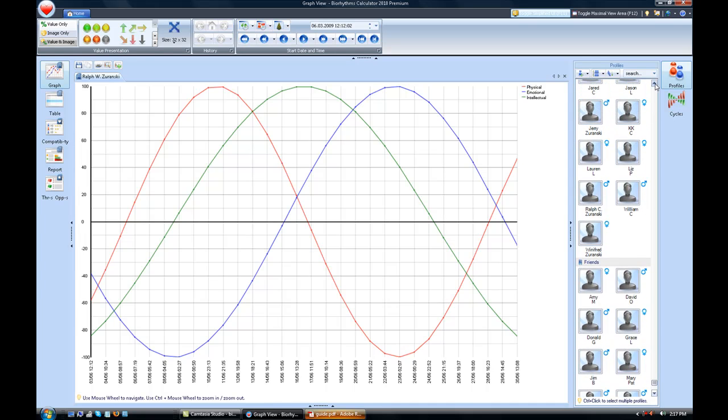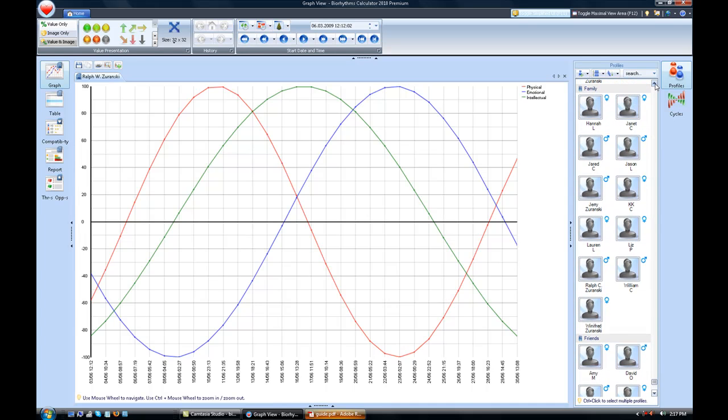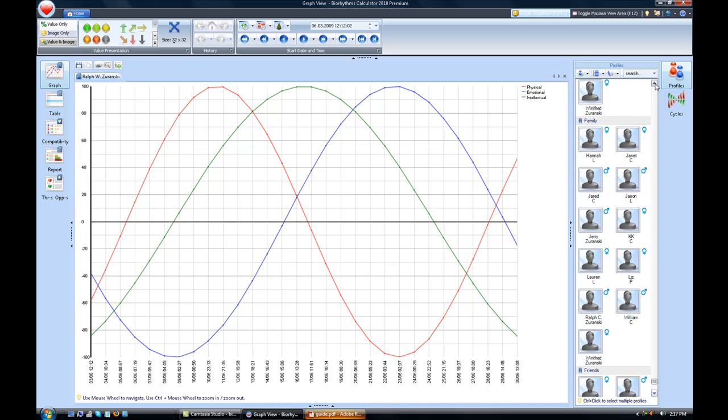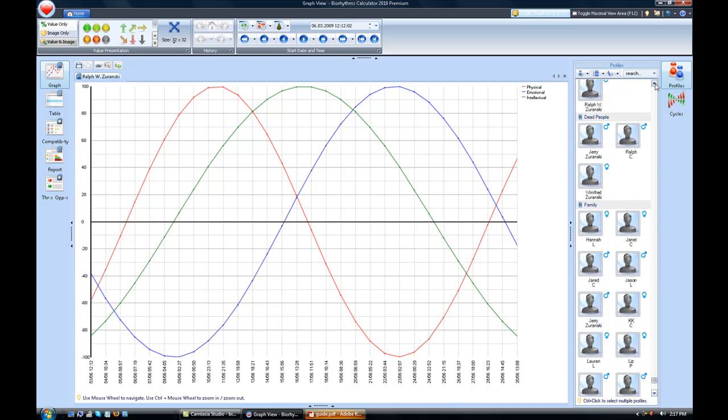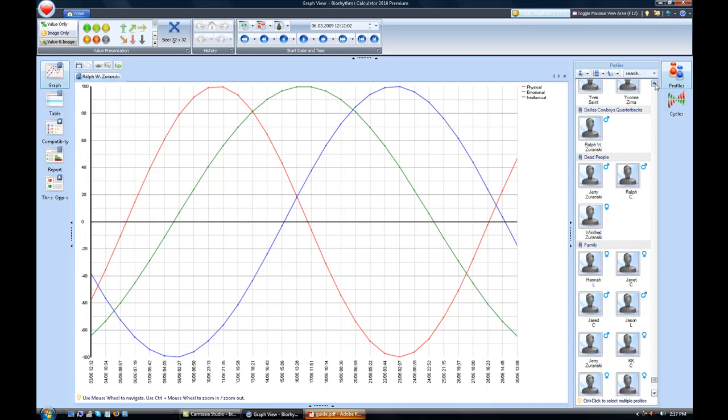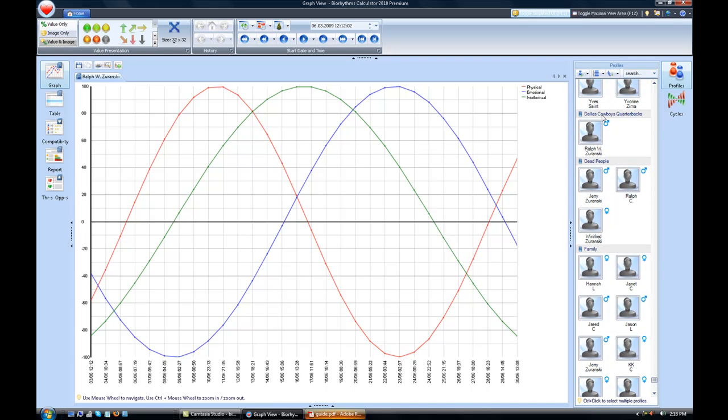I even created a database for people that are dead because they died on a certain day, and when you look at that biorhythmically, you can see that a lot of times the biorhythms predict the day that a person is going to pass away, especially if they're sick.